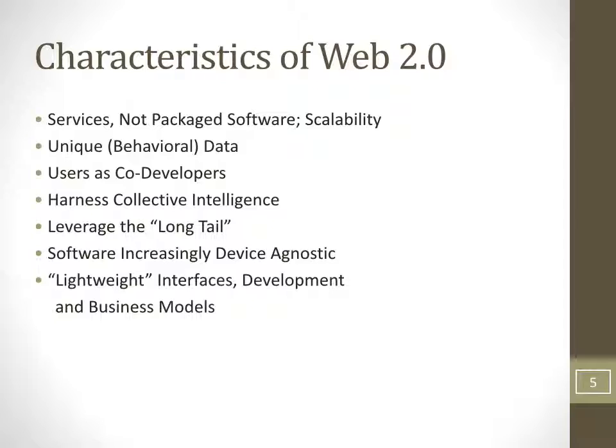Now, you may have heard the term Web 2.0 discussed in your text. Web 2.0 is most of what we've known about the evolutionary elements of the internet up to this point, where it's improved services and improved scalability. We've learned to create and mine and analyze big data. We've been able to leverage the long tail, which I think is really interesting. There's a book called The Long Tail, and if you don't know what the term means, look it up.